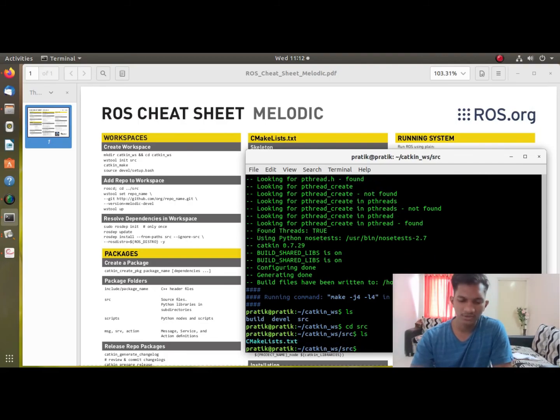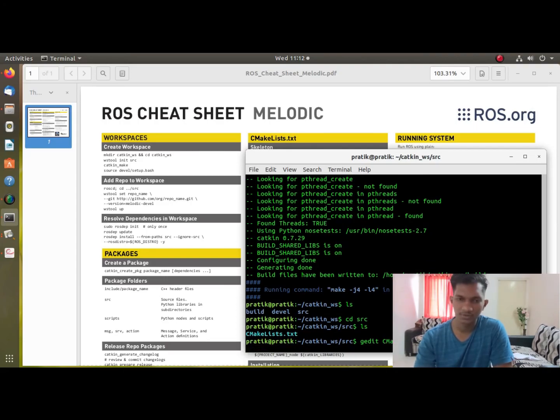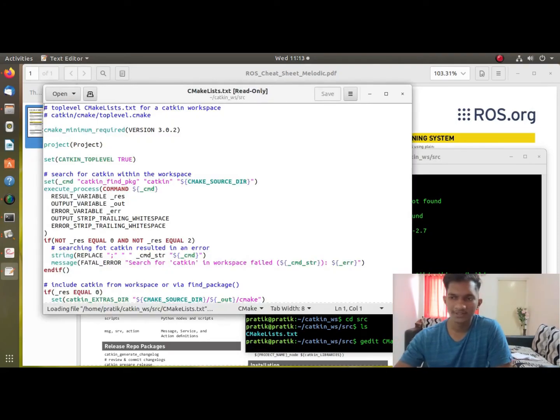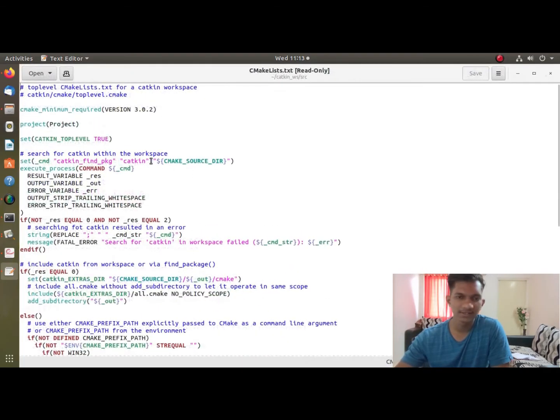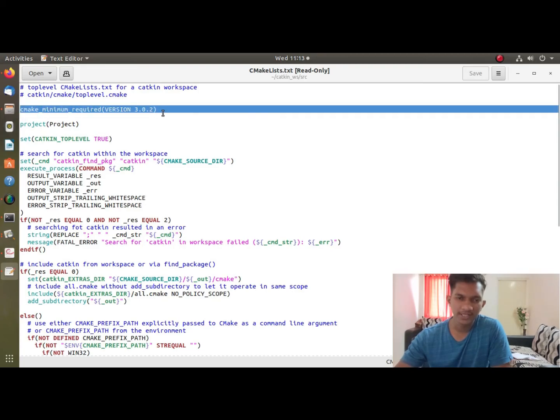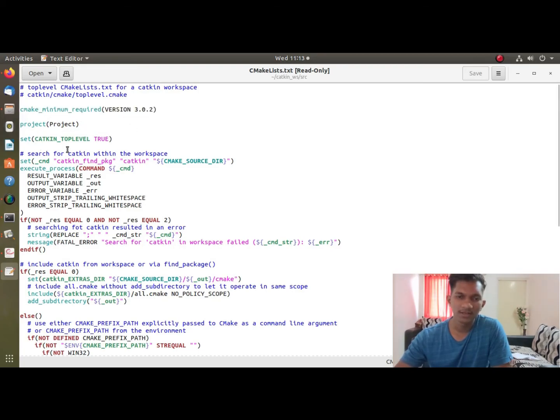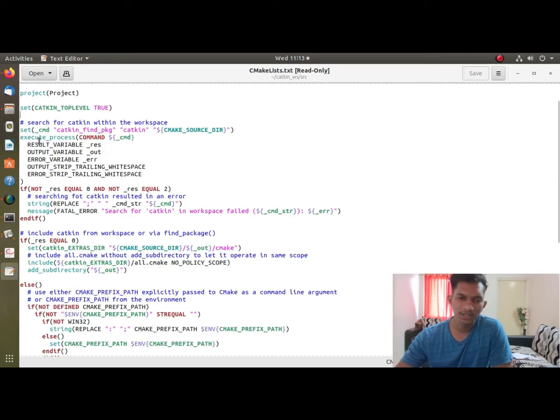Now I'll open it: gedit CMakeLists.txt. Here you can see that the CMakeLists contains the minimum version, the project, and it tells us that it is a top level workspace CMakeLists file. It will contain all the commands.